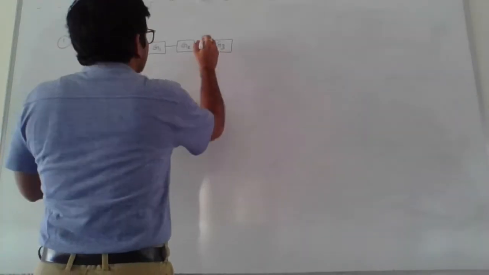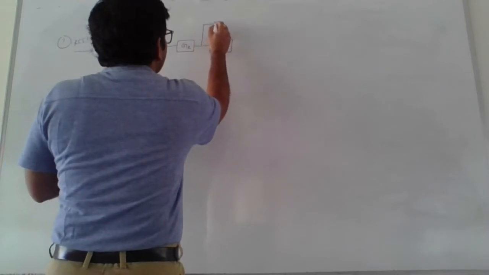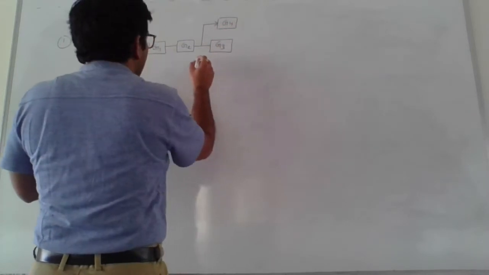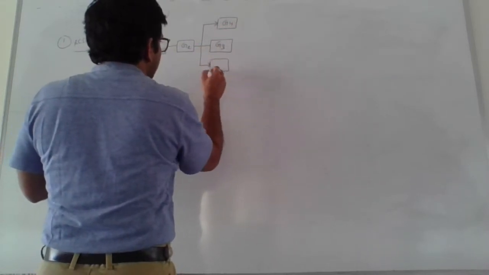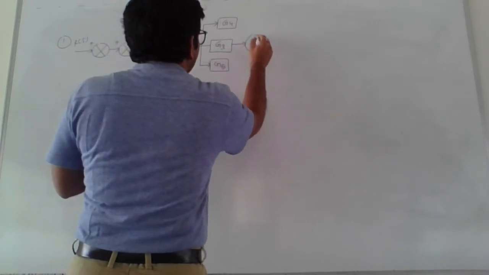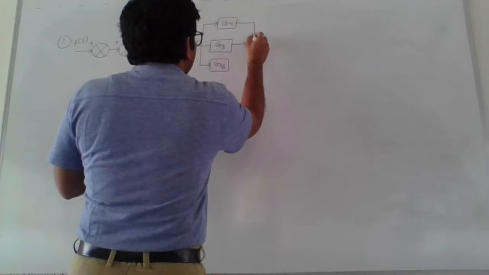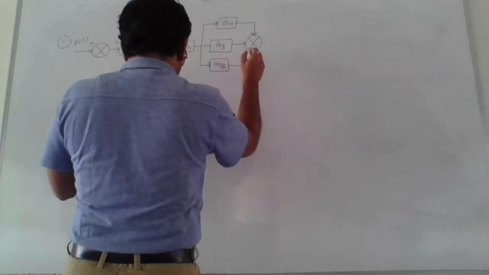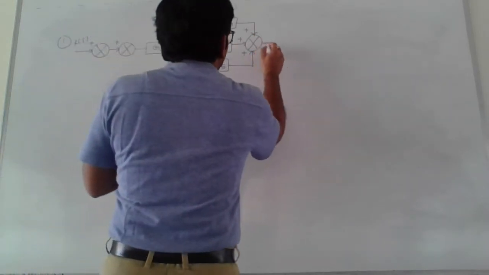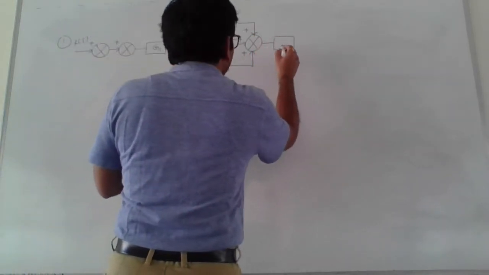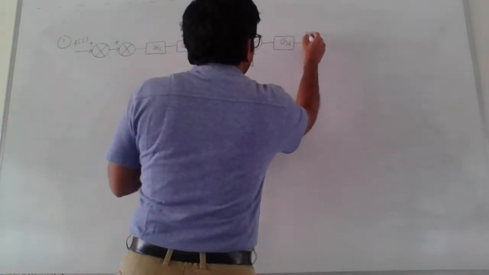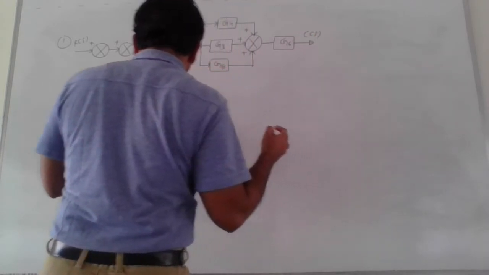then here one more block gain which is connected in this fashion. This indicates G4. Somewhere over here another block gain which indicates G5, and the output of each block gain is coupled at this summing point with positive value, and then we have another block gain of value G6, and finally we are calculating output at this point C of s.